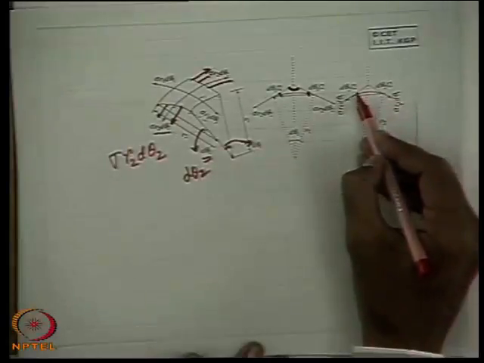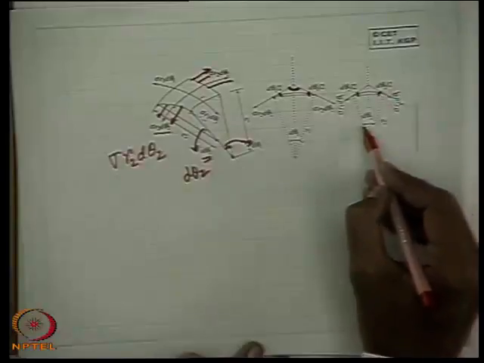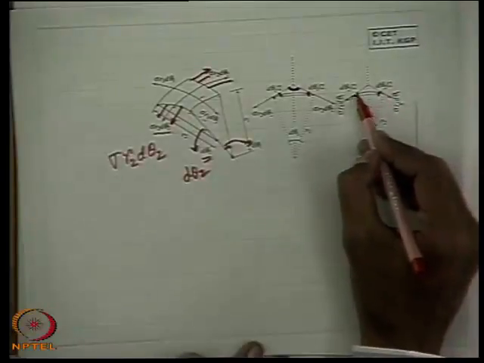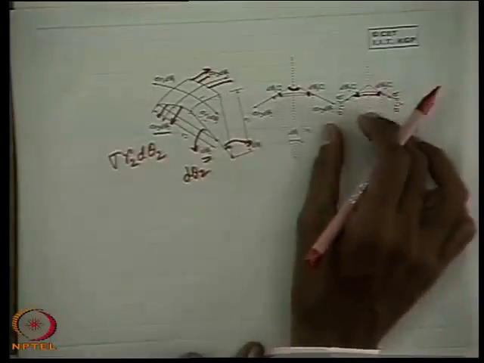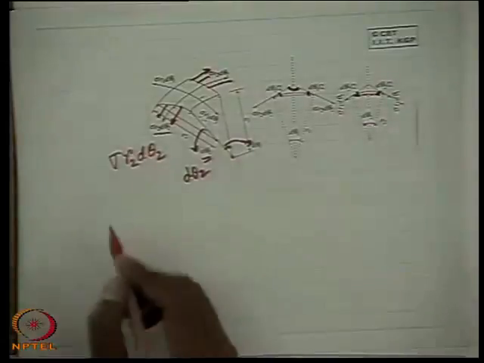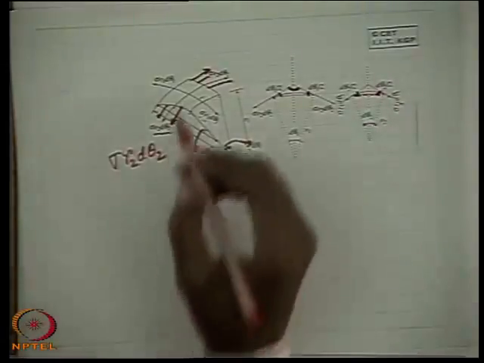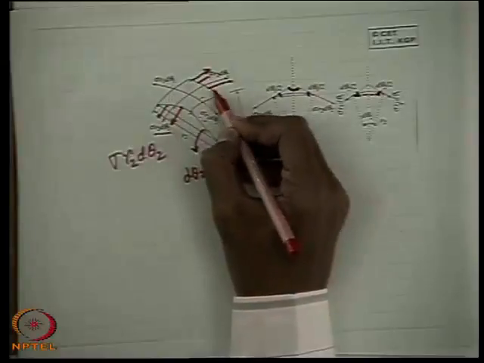And these angles are d theta 2 by 2, because this is d theta 2 from simple geometry. This angle is d theta 2 by 2, this is d theta 2 by 2. So if you can recognize this, then a simple force balance, now let us write, assuming that the convex side